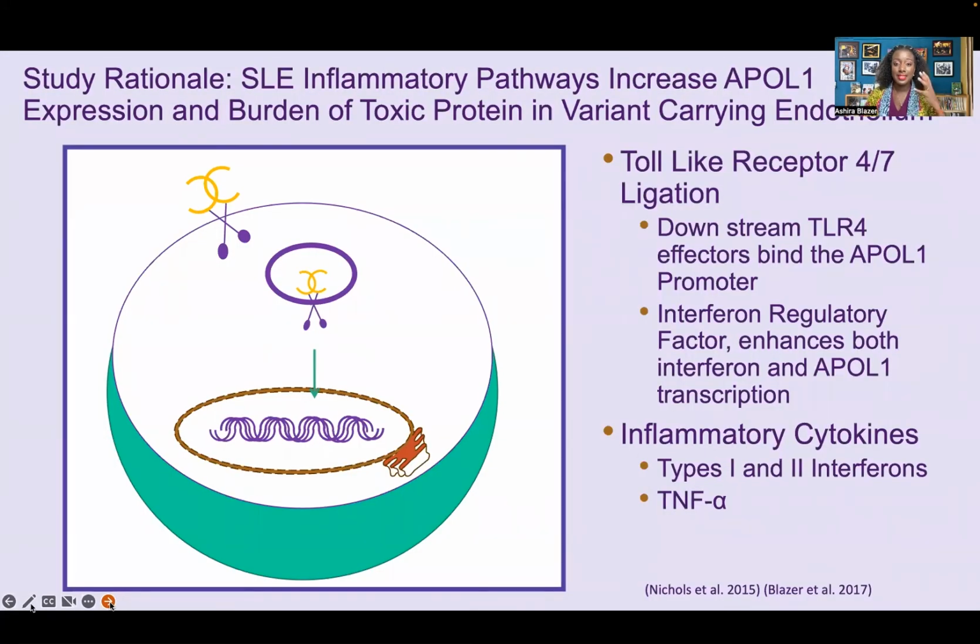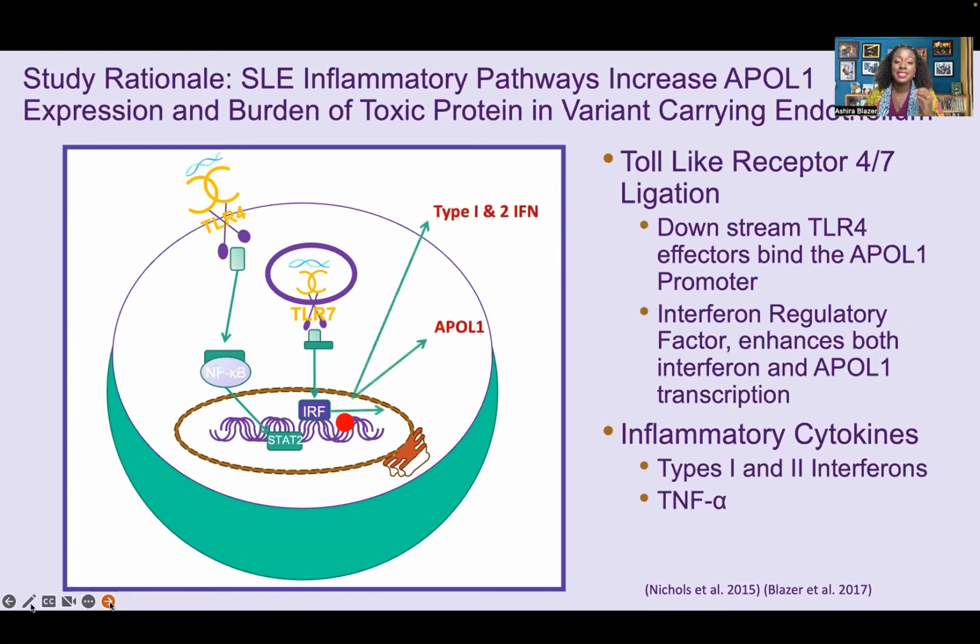Now, why are we studying this in a lupus relevant model? Well, it turns out that inflammatory processes lead to increased APOL1 expression. So in lupus, you've got ligation of toll-like receptors. This leads to downstream activation of transcription factors, which bind to the promoter of APOL1. This leads to increased expression of APOL1 and increased accumulation of the protein intracellularly in cell types such as endothelial